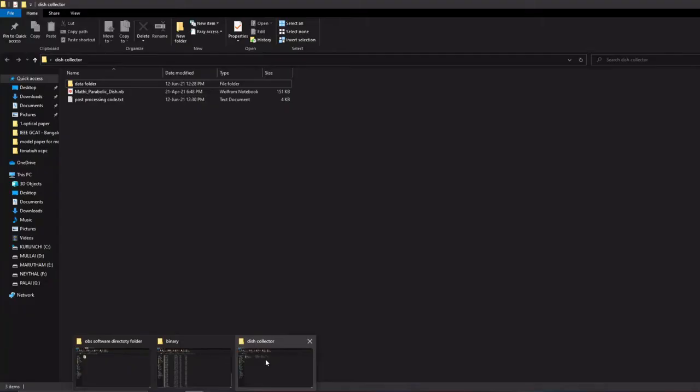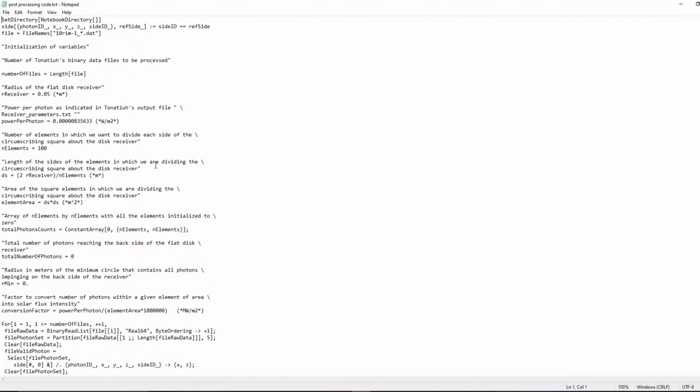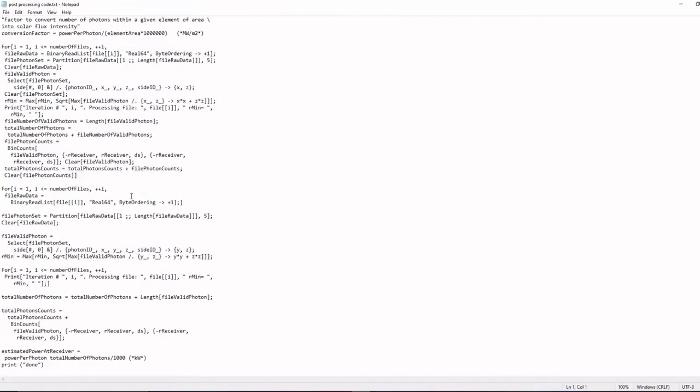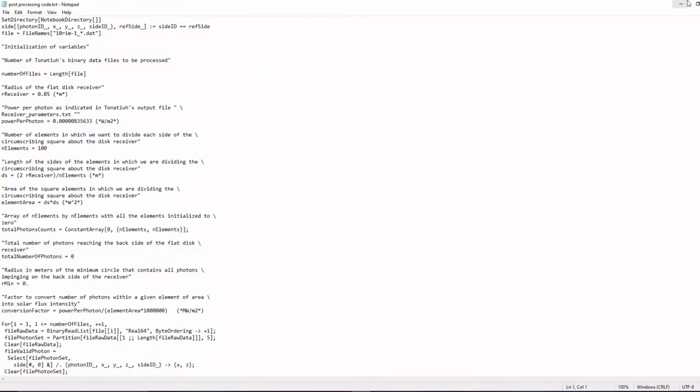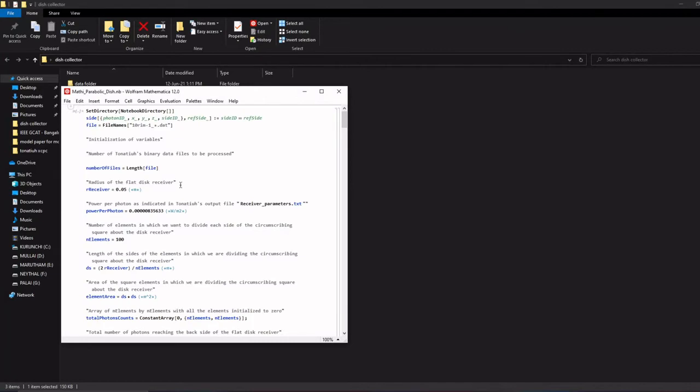Now go to the folder. First of all, you have to copy this code into your Mathematica software. See, I have already installed Mathematica. What you do?